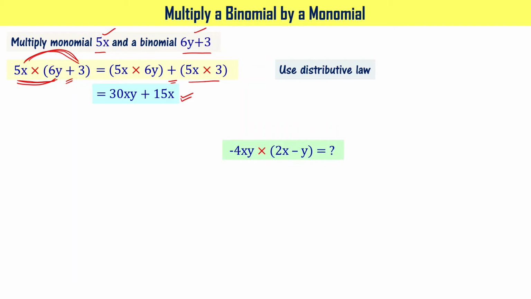Let's solve another problem. This is minus 4xy times 2x minus y. This is a binomial and this is a monomial, right? Now, as we have done earlier, we'll be multiplying these two first, using the addition or subtraction, and then multiply these two, right? When you do that,